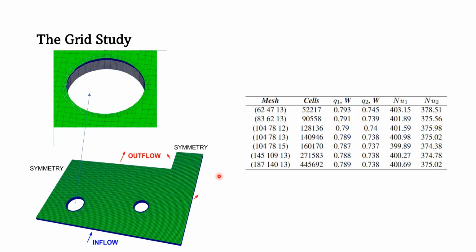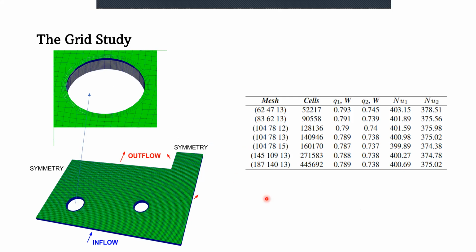Now we want to execute a grid study to validate that the selected domain is ready to give us a convergent solution. We have done this for a range of cell counts from 52,000 to almost 500,000 cells. We can see the increase in mesh size here. At the top, we have the coarse mesh, and at the bottom, we can see the fine mesh. And we can see that the output Nusselt number remains the same for this broad range of